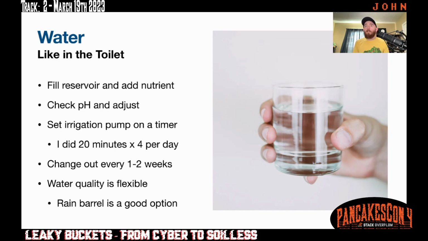You want to change that water out every couple weeks. I did not do that all the time, but I still managed to do okay with the fruit. But ideally, you're swapping that out every 1 to 2 weeks, adding new nutrient, readjusting the pH. I also have really hard water where I'm at, and I just used the city water, and it worked out okay. It's probably better to use less hard water, and a good option that's not super expensive would be a rain barrel, which I'm hoping to put in at some point and use rainwater for watering the system.